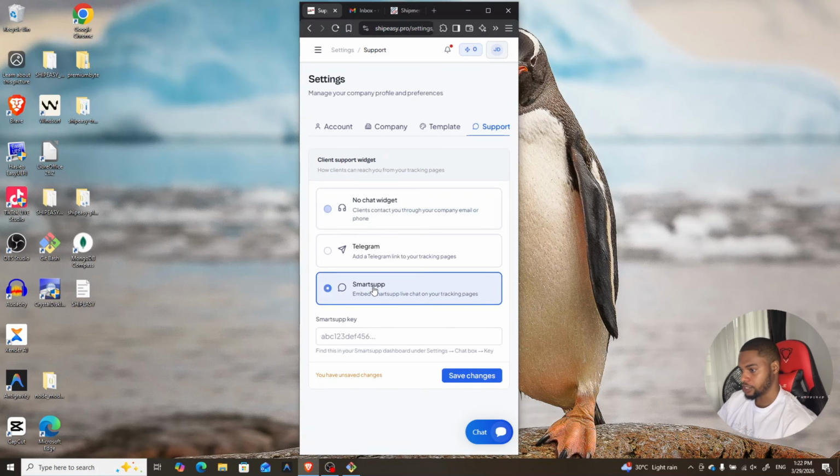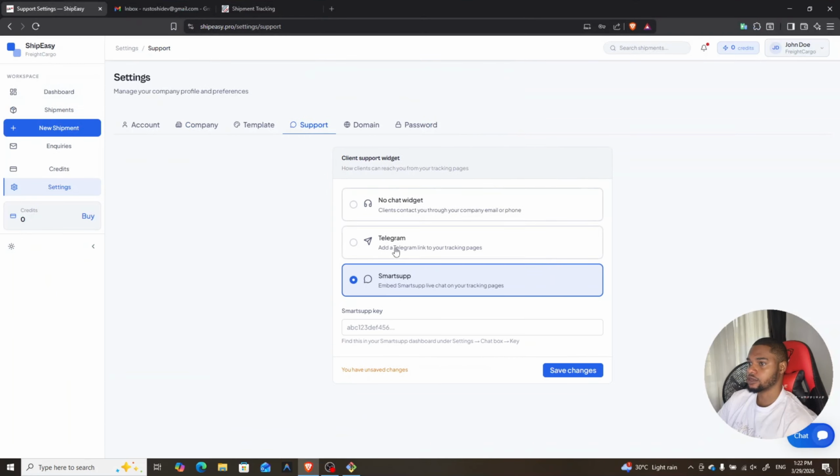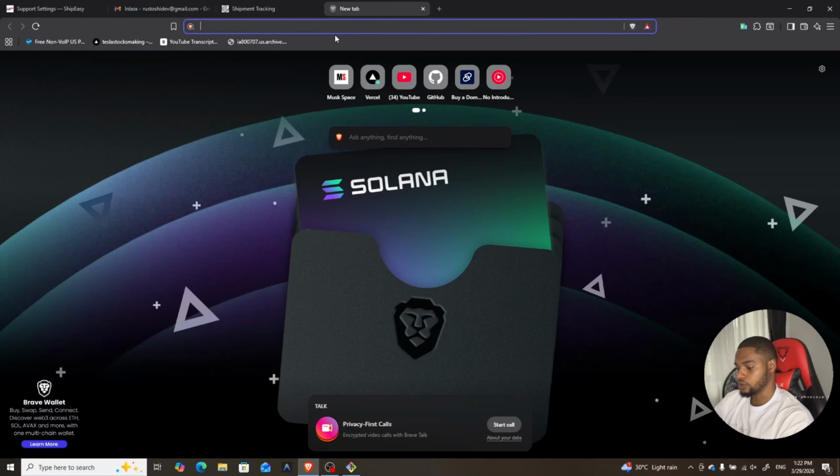So I'll click on Smart Sub. Okay, it's going to ask me for my Smart Sub key, which I'm going to show you in a moment how to get it. So once you do that, let me go back to desktop mode. You can still do the same thing on mobile, but to make it easier to explain, I will go to desktop mode and I'll open a new tab and I'll go to